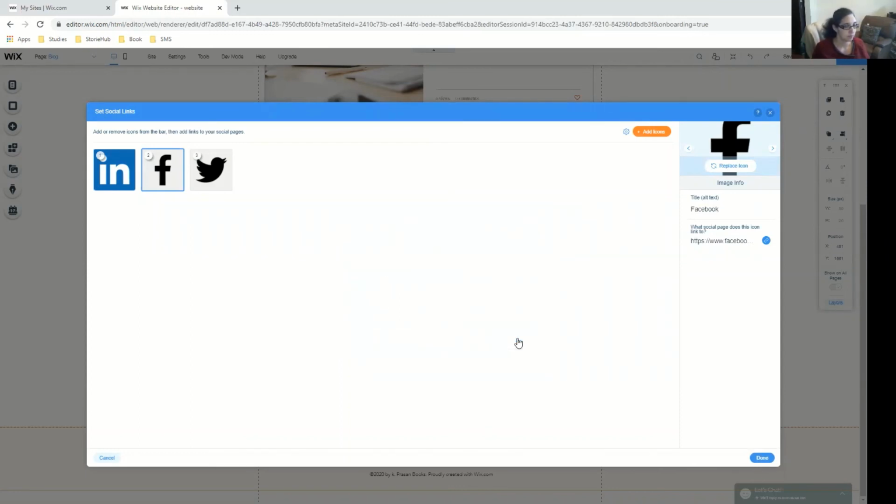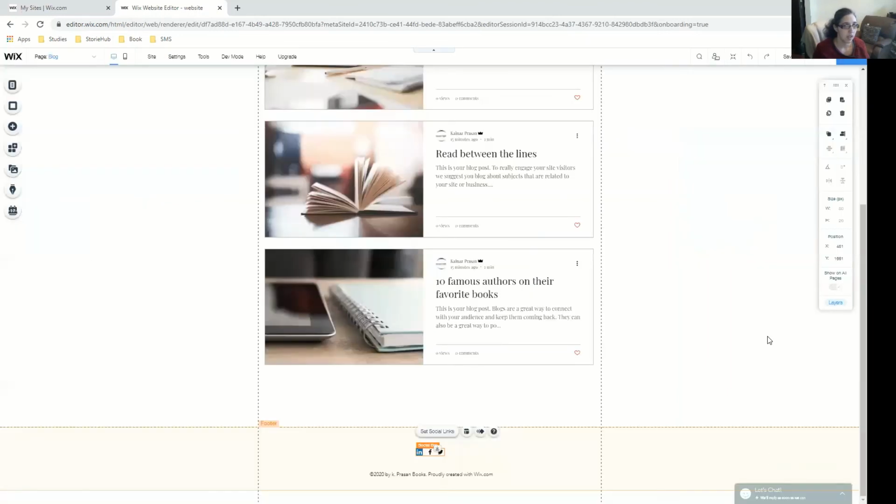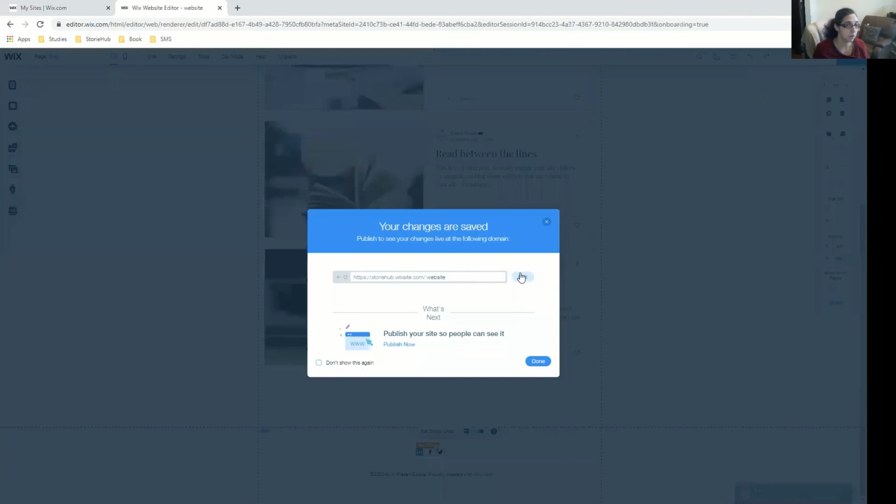And done. And now I would like to save it and I would like to publish the site. When you're saving it, if you want to save it to your domain that you have picked for your business or for your author site, you can do that. But I think you need to be a paid member of Wix in order to transfer the Wix site onto your domain.